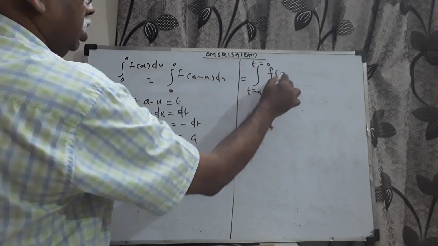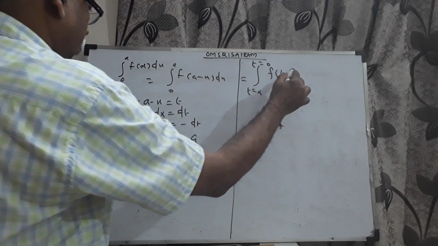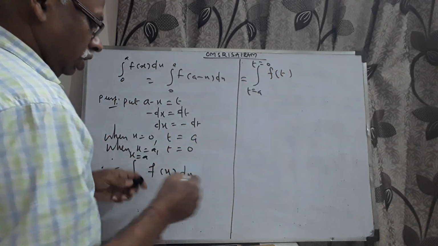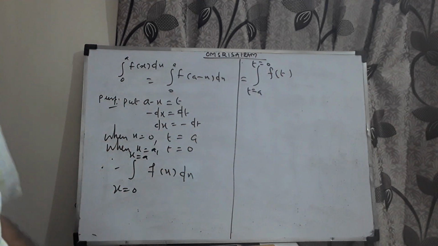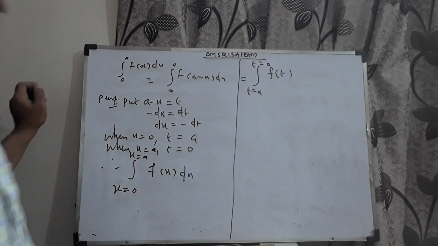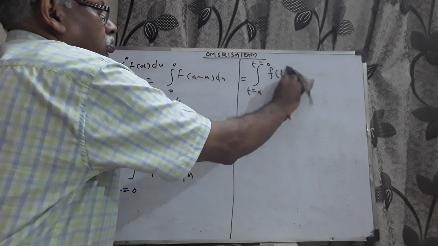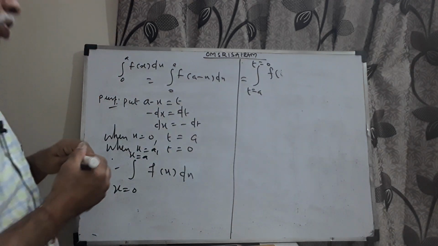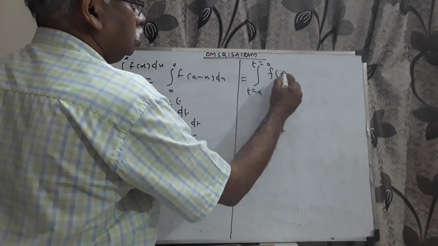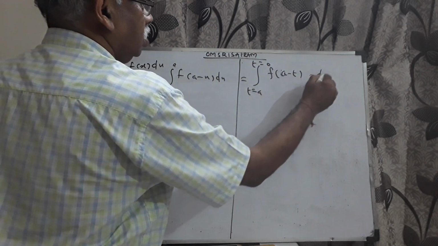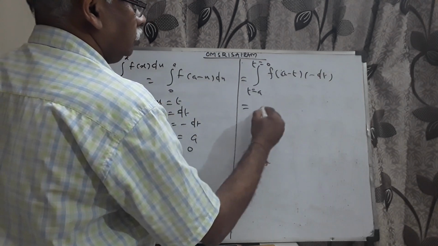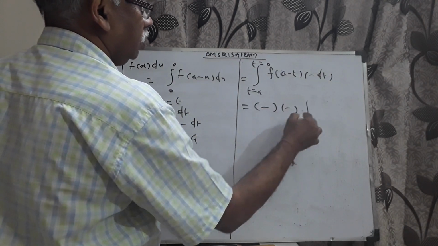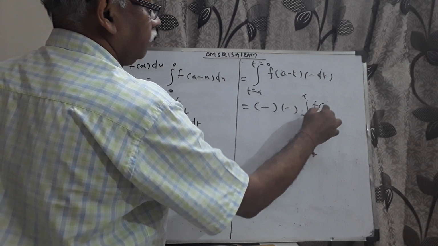Since x can be replaced by a minus t, f of x is nothing but f of a minus t. I started with f of x dx, and I can start from the RHS also. This is f of a minus t times minus dt, which is minus of minus integral